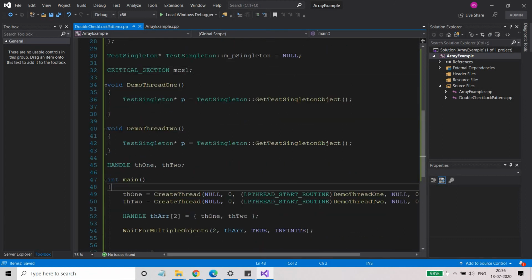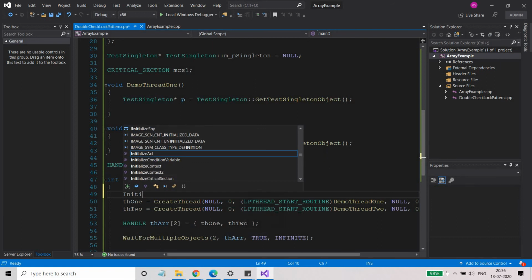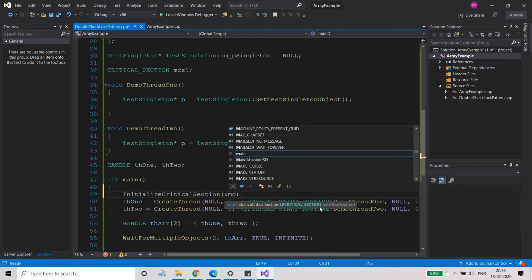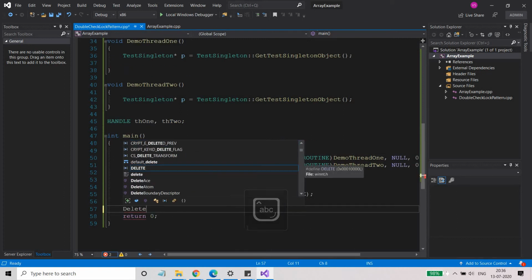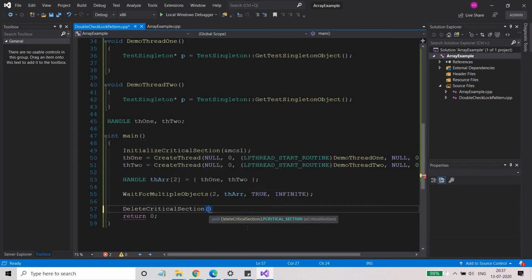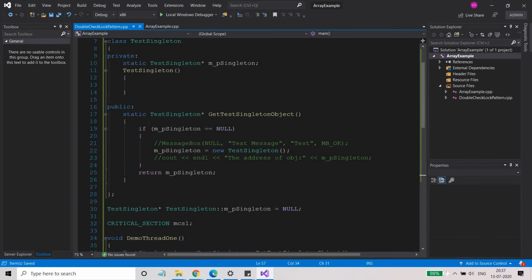In this main thread, you just need to initialize the critical section, and place it, right? Initialize it, and then after all the things are done, just delete it. Delete critical section. So here you will write MCS1. So you have initialized and deleted the critical section.